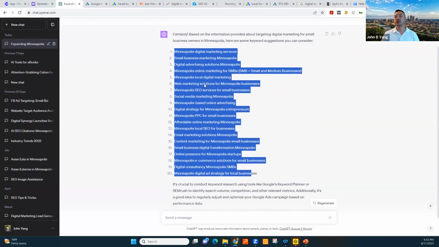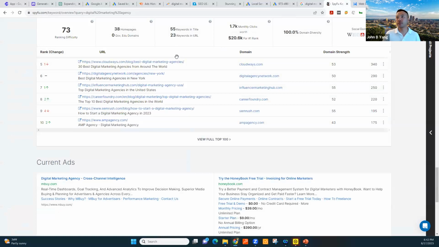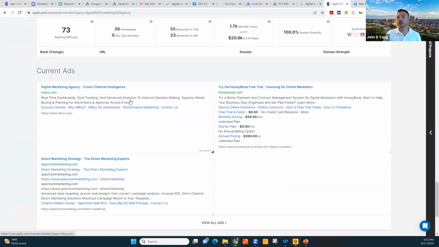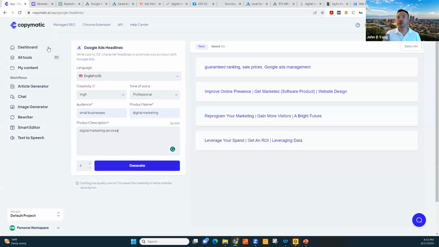Bing AI is also good to give you some ideas. And I want to show you this other tool for writing ad copies or headlines. If you're not sure how to write ad copies, I recommend looking at competitors first, using SpyFu. You can sign up for a free account and look at the best performing ads and what they're writing. And if you need help generating, you can use tools like Copymatic. My audience is small business owners,